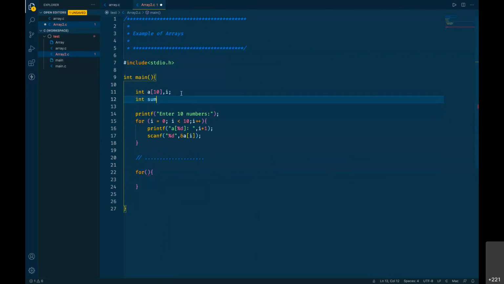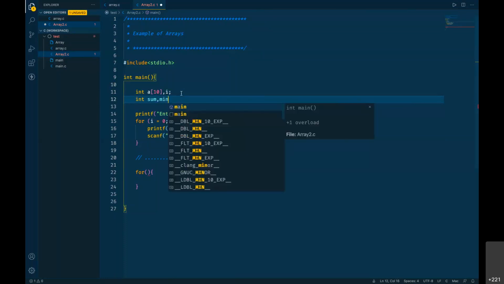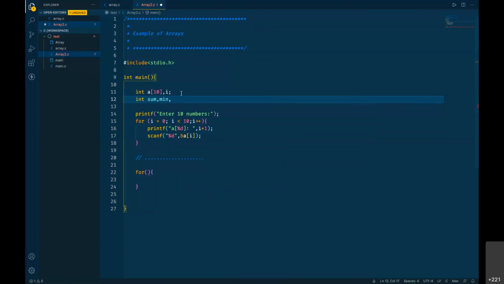So we can have sum, we can have min and we can have max. Now these can be integers. Sum we are going to use with the shorthand assignment operator plus equals to, so I'll be assigning it 0. Min, max, I'm not assigning any value, we'll be handling those here.